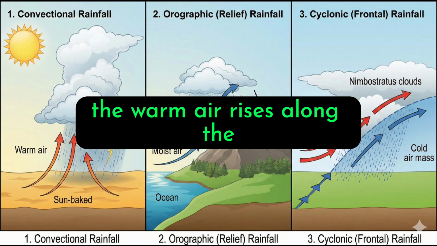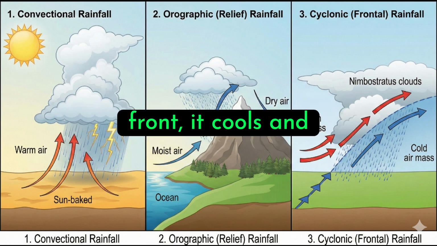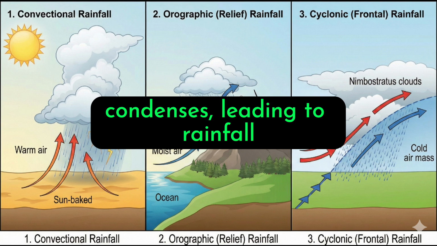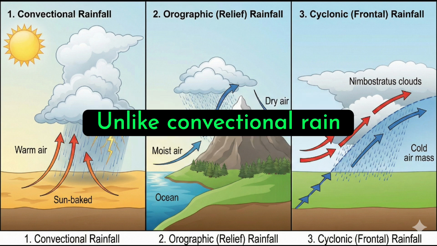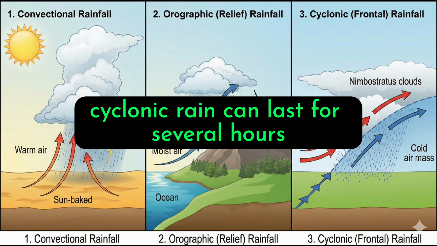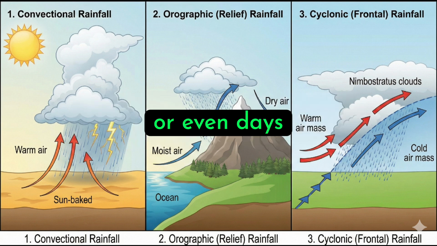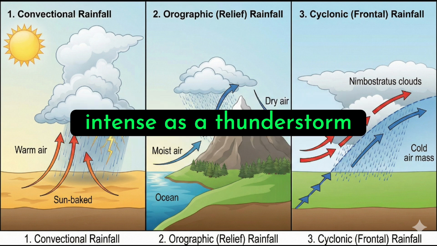Precipitation. As the warm air rises along the front, it cools and condenses, leading to rainfall. Characteristics. Unlike convectional rain, cyclonic rain can last for several hours or even days. It is generally steady but not as intense as a thunderstorm,